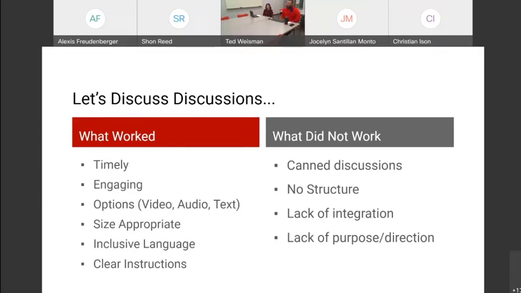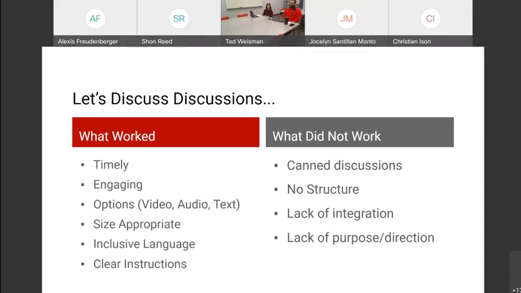What really works, though, and we'll go into this a little bit more, is that you respond to your discussions in a timely way, right? You want not only the content to be timely in your course and up to date with what you're doing and pertain directly to some of the things you're working on, but you also want to respond to your students in a timely way. So they know somebody's out there actually reading through their things. And it's also important because sometimes discussions can get a little bit out into left field, and you want to be there to help guide people back.